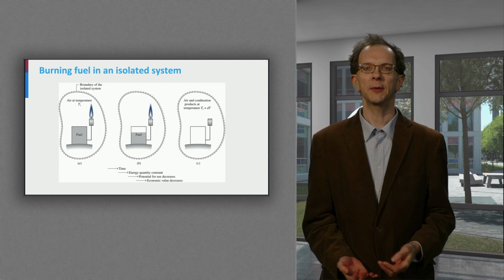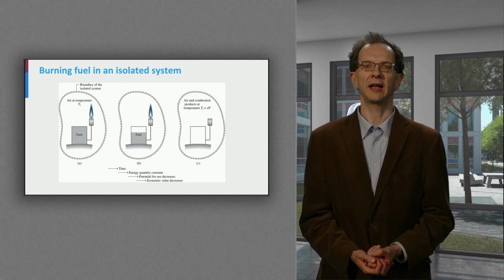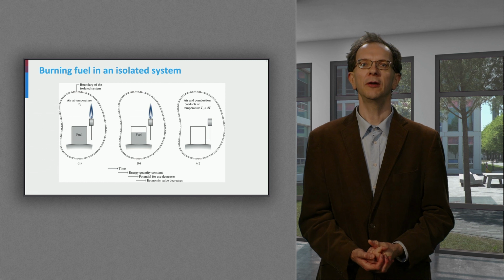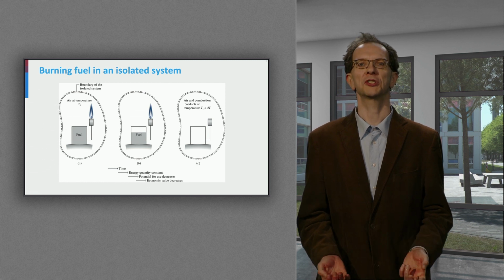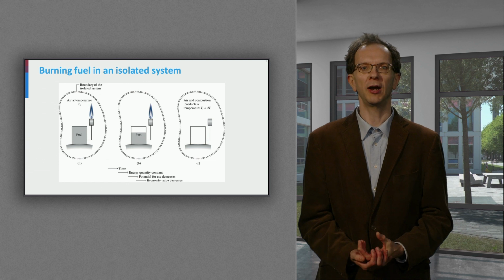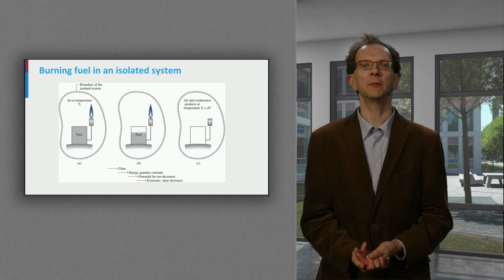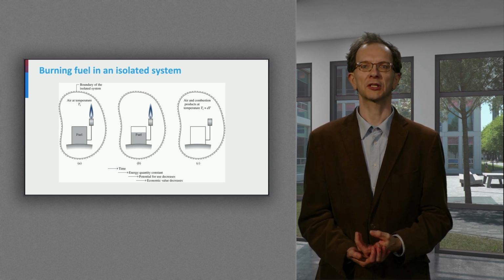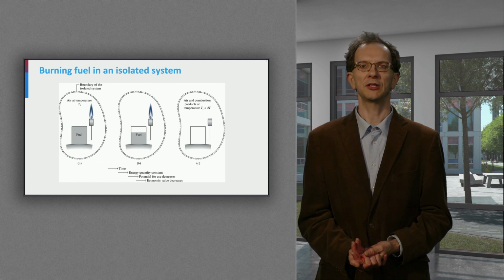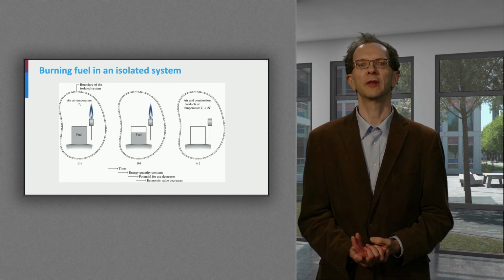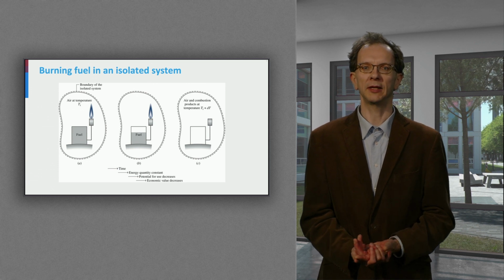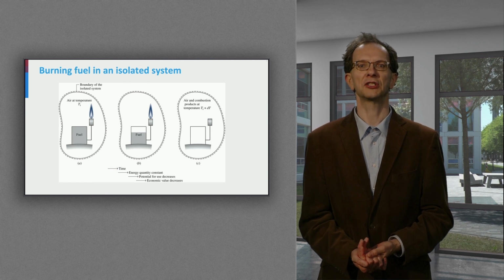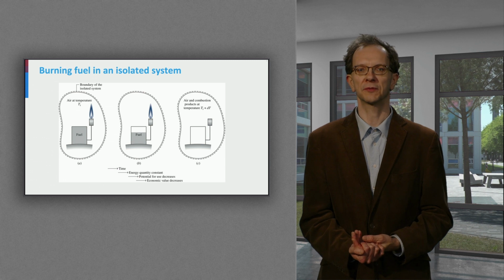The first law of thermodynamics states that energy cannot be destroyed, and energy can only be converted from one source to another. However, some forms of energy are useful and other ones are not. Hence, we need to define the quality of energy. This is what we mean by the quantity exergy. Consider, for example, an isolated system that cannot exchange heat with the surroundings. In this closed system, there is air and fuel. If we burn all the fuel, then the air will be a bit hotter. As the system is isolated, the total energy of the system is the same before or after the fuel was burned.